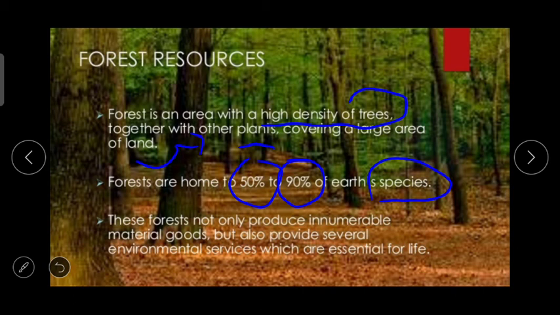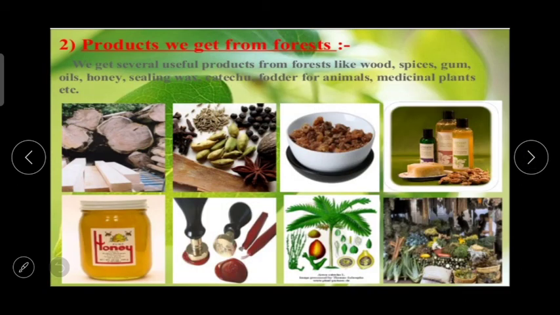These forests not only produce innumerable material goods but also provide several environmental services which are essential for life. And the products which we get from forest, we get several useful products from forests like wood, spices, gum, oils, honey, sealing wax, caoutchouc, fodder for animals, medicinal plants, etc. And according to that,